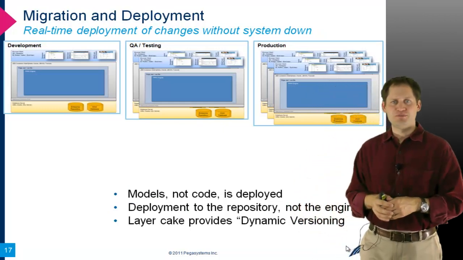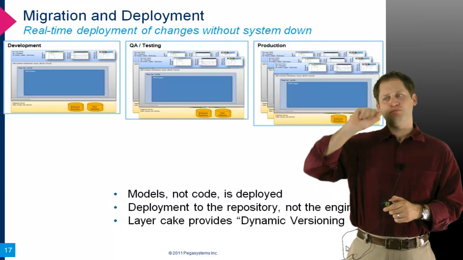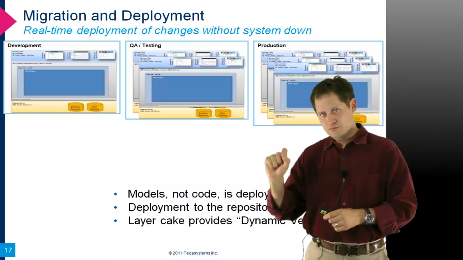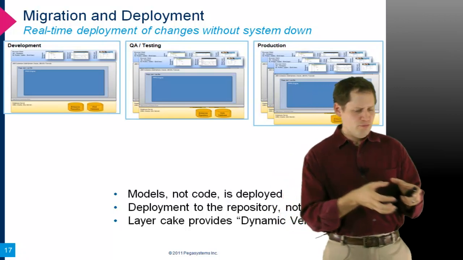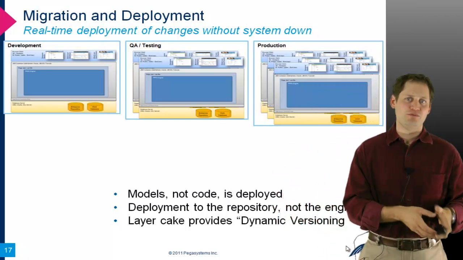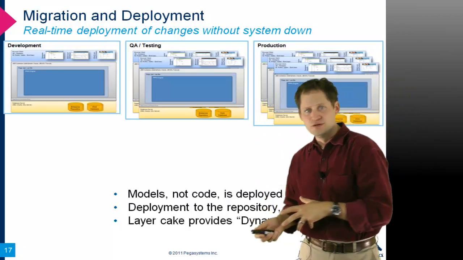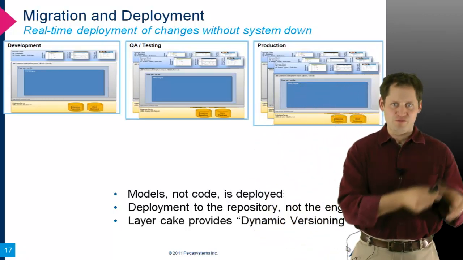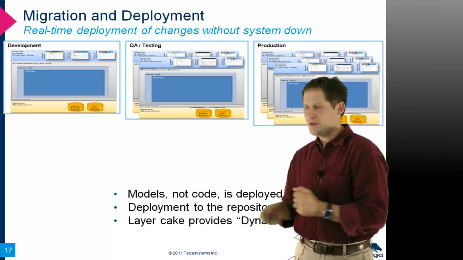From a migration and deployment perspective, one of the things to keep in mind is that we don't deploy code. The EAR file, as I said before in Pega, doesn't change. Rather, what we're going to move is the definitions of the models themselves from the development repository to QA to production. So if you have your development environment and its repository, QA and its repository, production and its repository, Pega